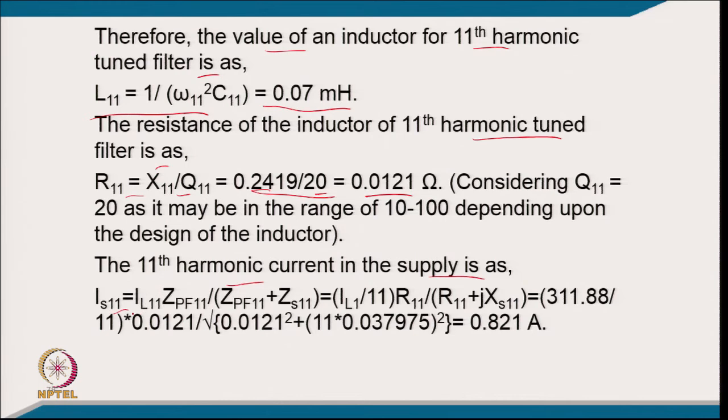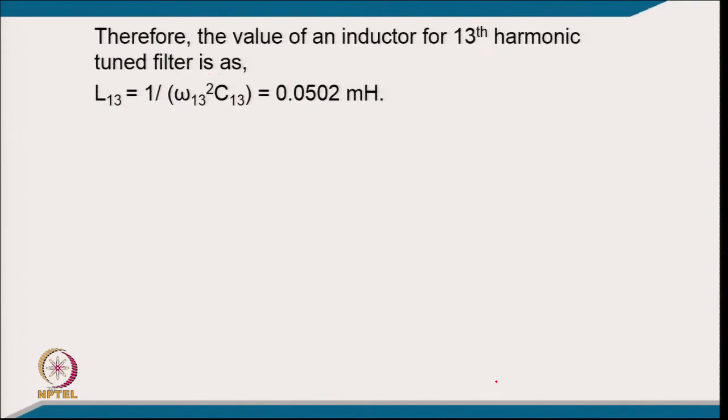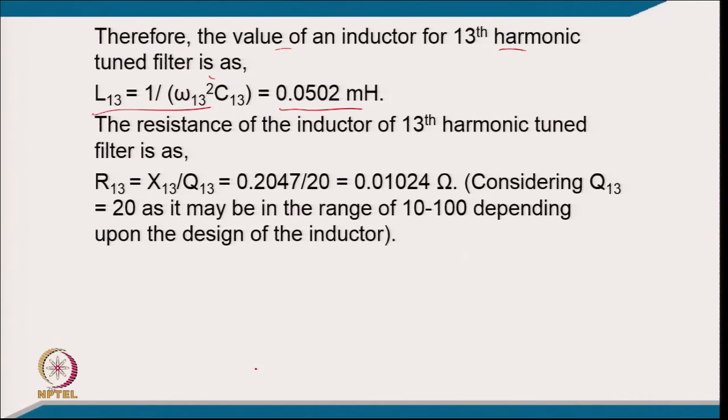The 11th harmonic current in supply will be IS11, from this parallel relation, 0.821 ampere, and the 11th harmonic voltage, putting the value, comes to 0.343 volt. Therefore, the value of the inductor for the 13th harmonic from the tune relation, L13, will be 0.0502 millihenry, and the resistance of the inductor for the 13th harmonic tuned filter, R13, will be X13 by Q13, putting the Q factor of 20,